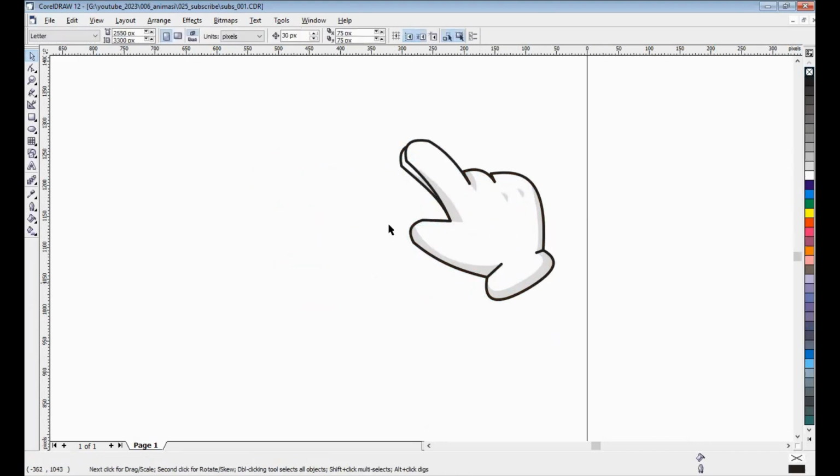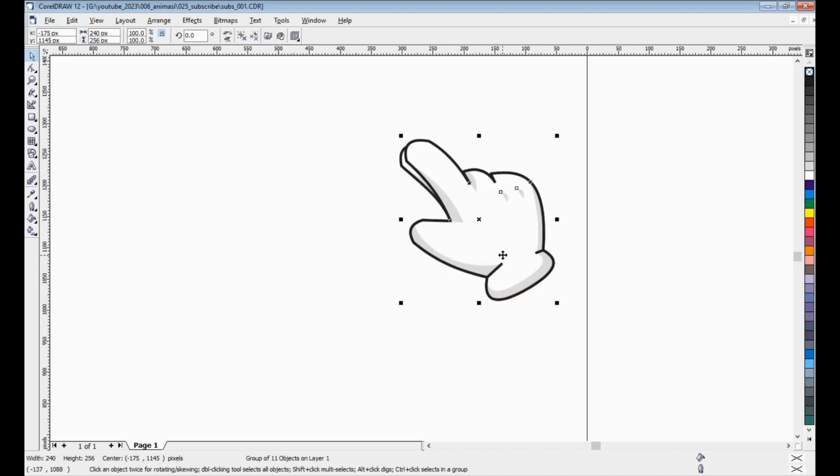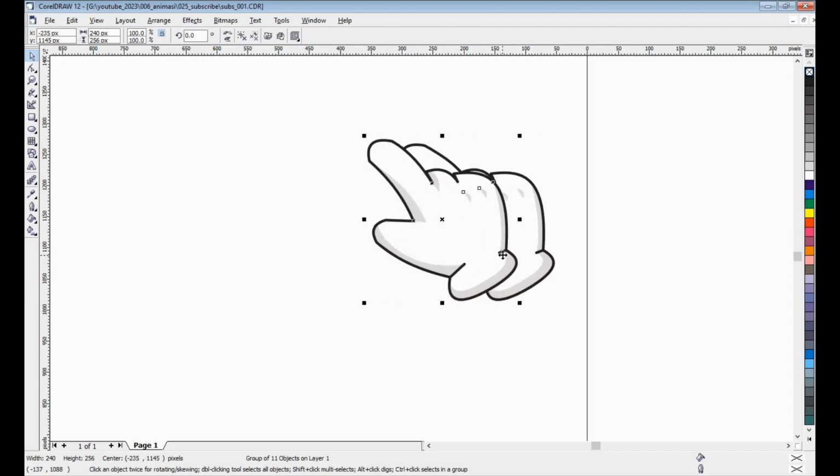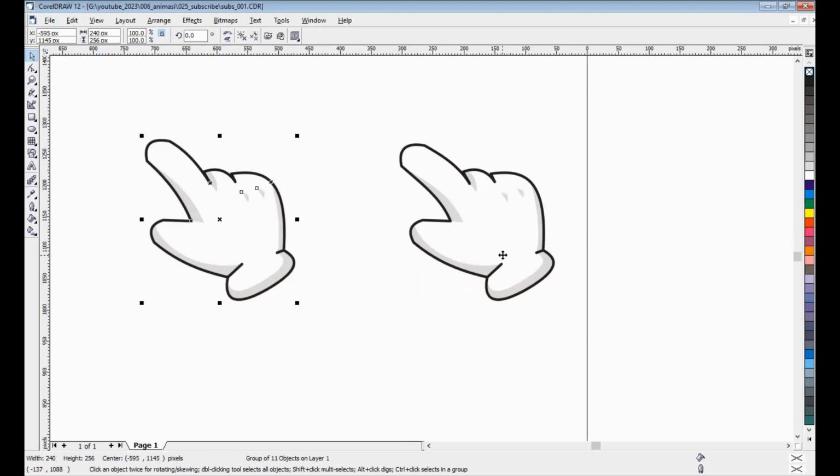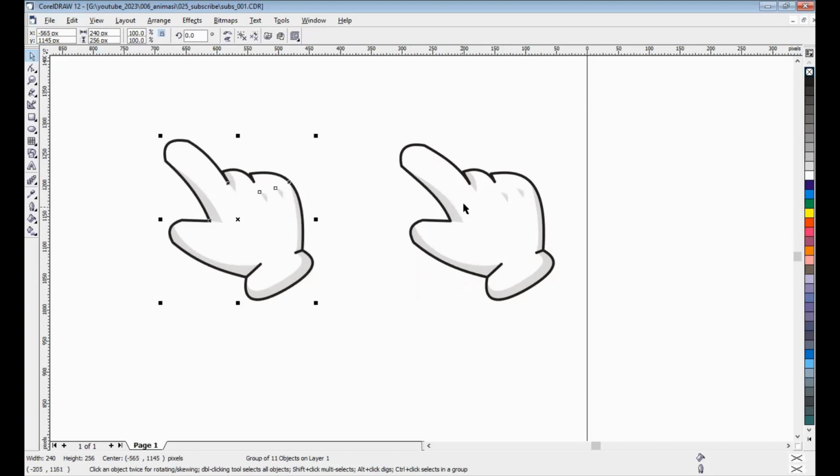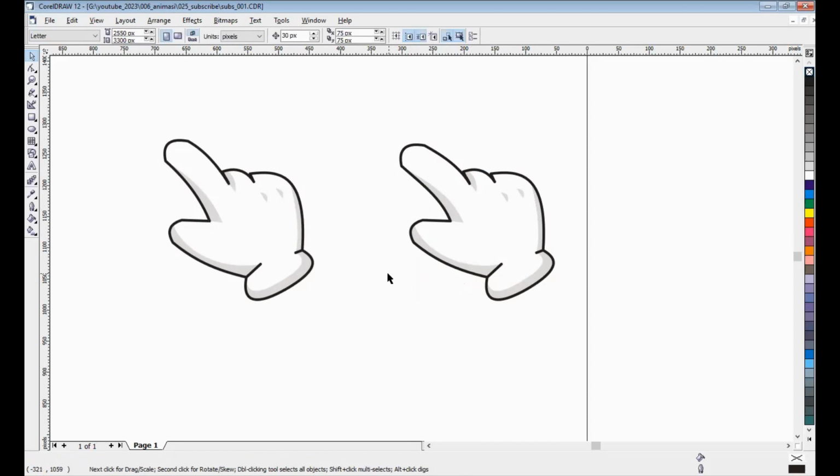We will see the change and moving the finger like this. We'll set first. That's the up button, and the left is the down button.